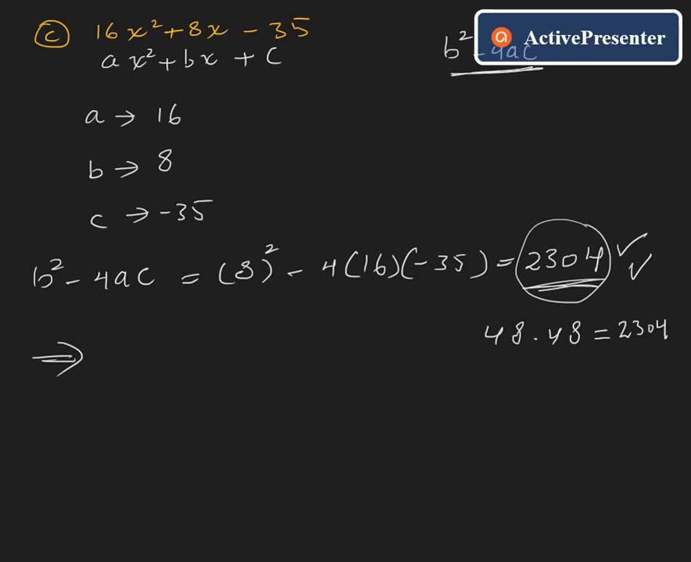This implies that 16x squared plus 8x minus 35 is factorable over integers. Okay,